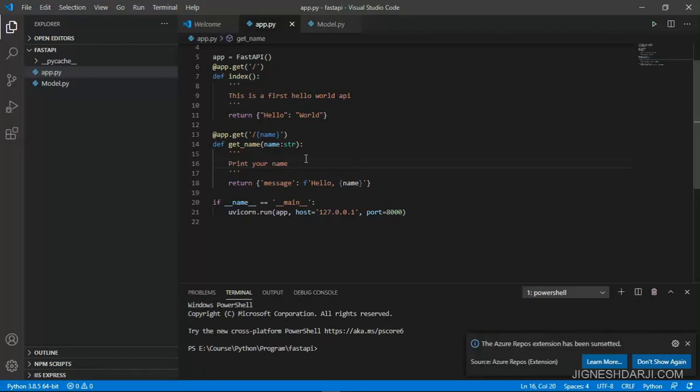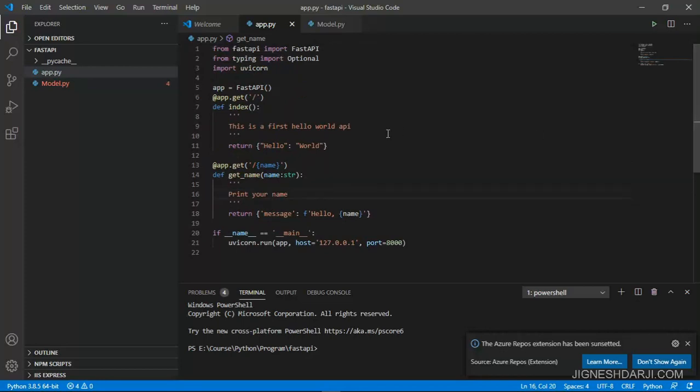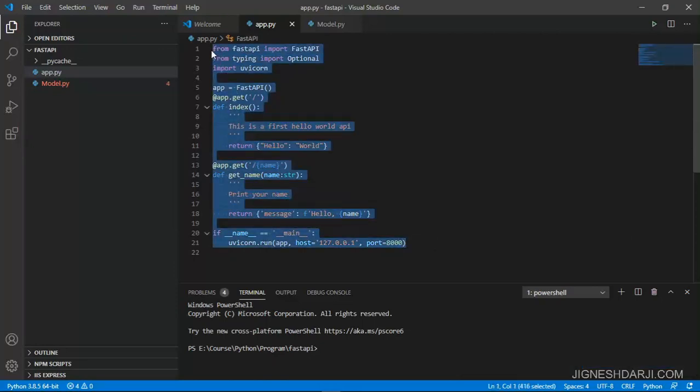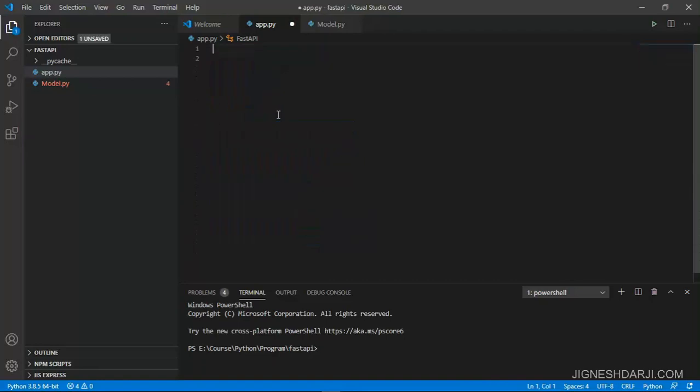Now the next task is to create one predict API, so that we can pass some prediction data over there and predict with the models. So we need to remove the entire code from here, rewrite some logic, and create one new API for that. So let's remove the entire code from the app.py, and write some new logic and create one new API, that is predict.